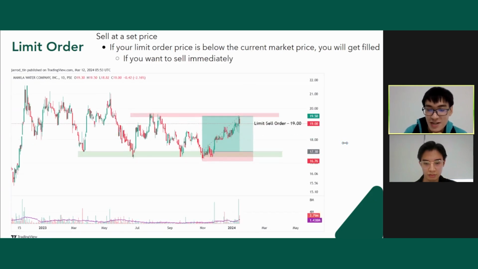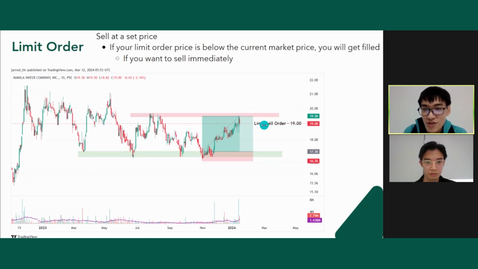Next is so here, so let's say that price already hit your target, pero you're the type of trader na you wanna see price find resistance. Parang gusto mo mauntog muna bago mo ibenta. So let's say here, 19.5 was your original target, pero you wanted confirmation na bumagsak siya. So let's say here, from 19.5, naging 19 na lang. Then you're like, uy, medyo nauntog. May benta ko na, right?